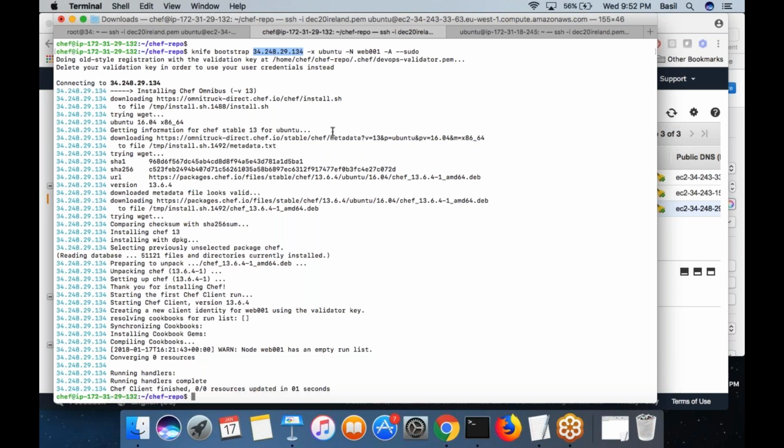Then automatically when you run a command called chef-client inside the web001 machine, this web001 machine will connect to the Chef server. It will ask, give me my run list. Chef server will give the run list, which will contain nothing but a list of recipes, and each recipe will contain a list of resources. All these resources would be individually executed on the node. That would include maybe commands like install Apache, start Apache, copy the index file into www.html. All these steps are executed one by one in the client node.